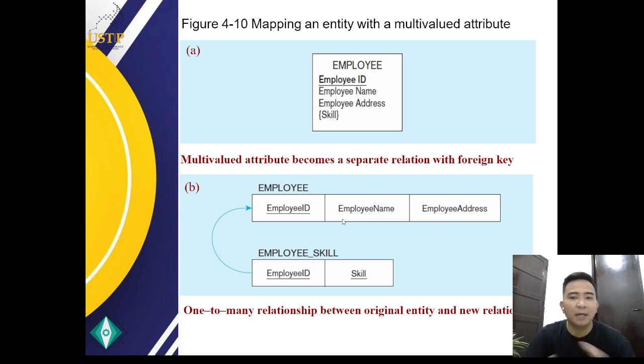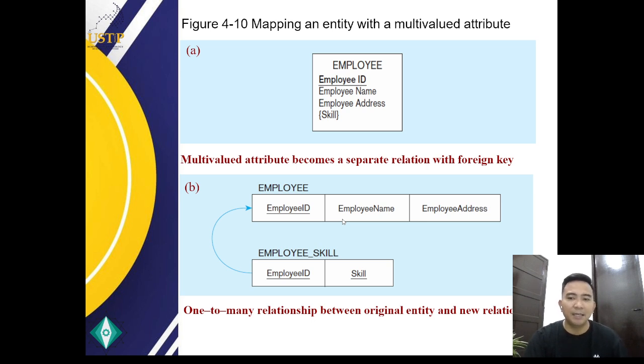So the multi-valued attribute skill has been transformed into a separate relation named employee skill. Okay, so the employee relation now only contains the simple attributes employee ID, employee name, and employee address.